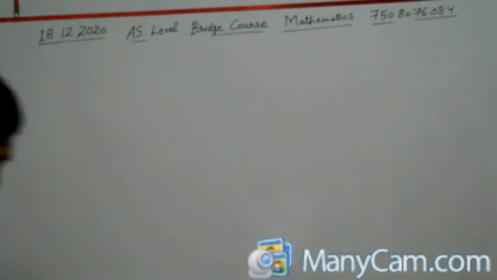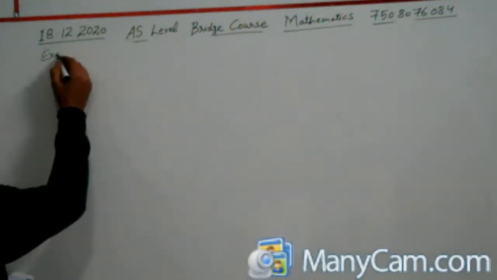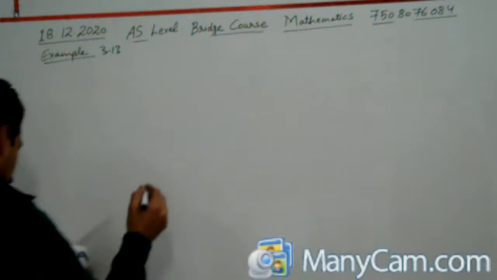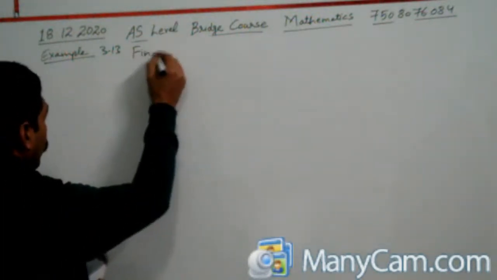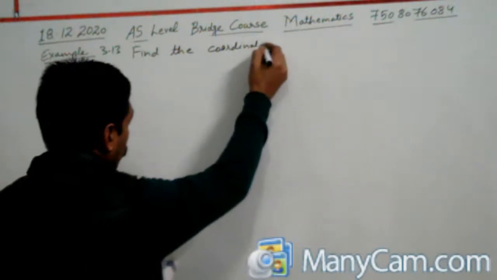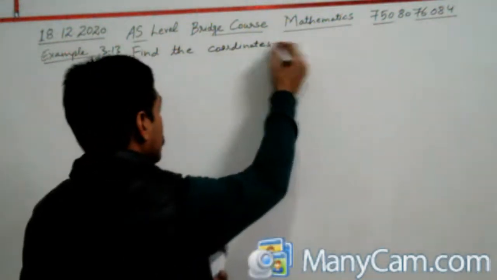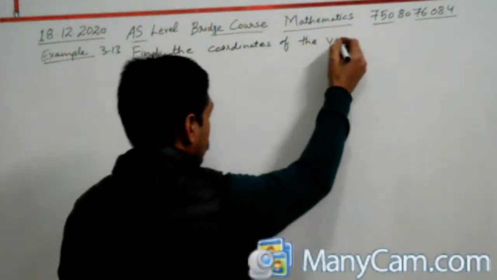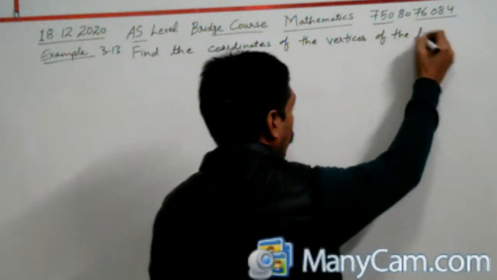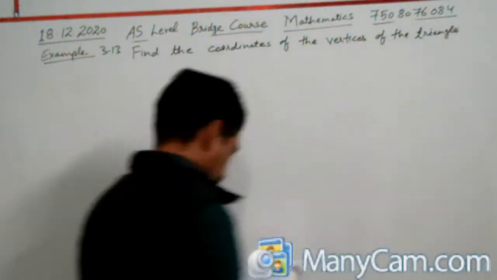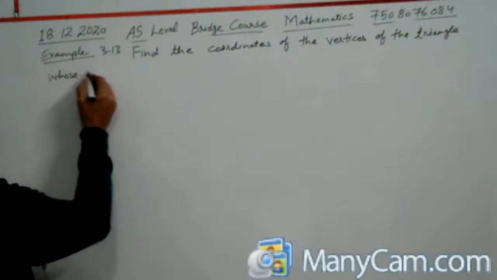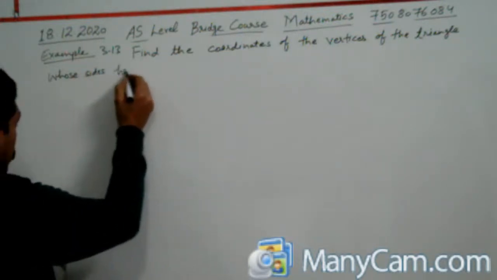Example 3.13. It says: find the coordinates of the vertices of the triangle whose sides have the equations,